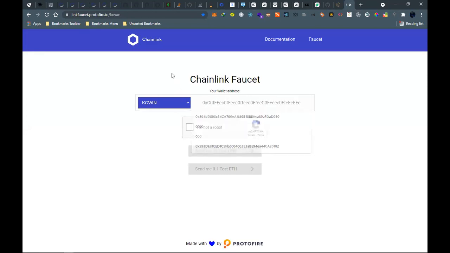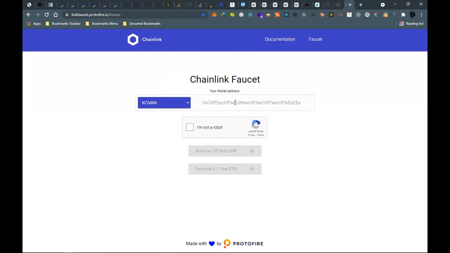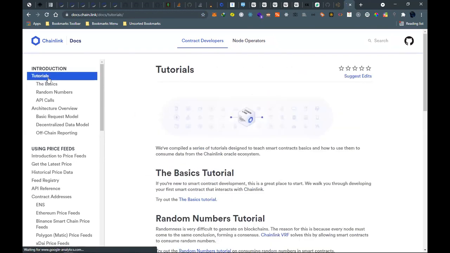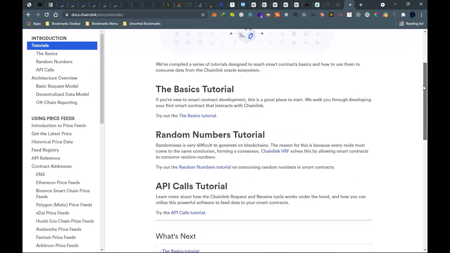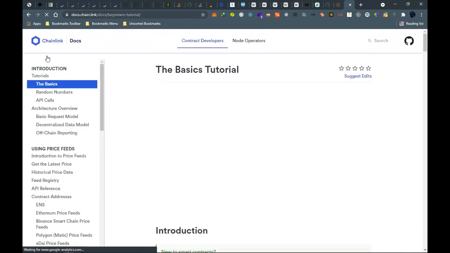So this is Chainlink. Chainlink also has a way that you can do Mumbai, Kovan, Fuji, Link Bay. So these are ways you can do your testing on Chainlink. And they are doing something amazing with oracles and such. I think the developer documentation is the best way. They are amazing because you just have to read the documentation.